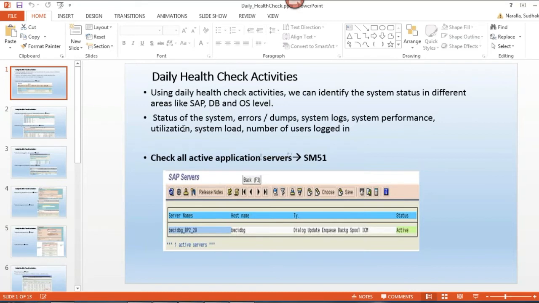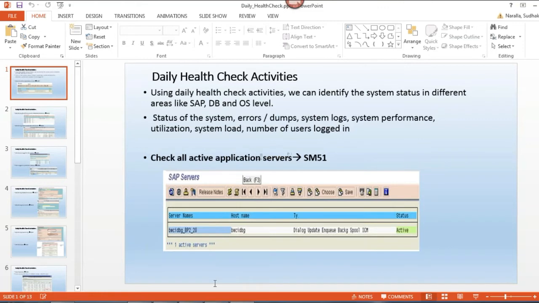For example, you have one central instance and two dialog instances. Then how many instances are there? 3 instances are there. So the 3 instances list will be shown here in SM51, means 3 entries will be shown here, with the status active or shut down.